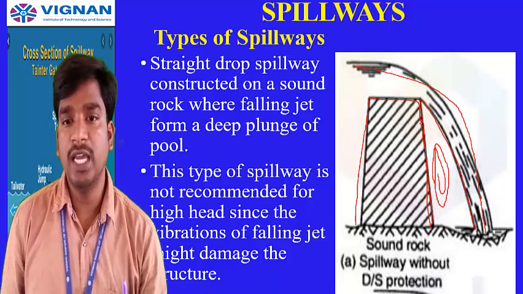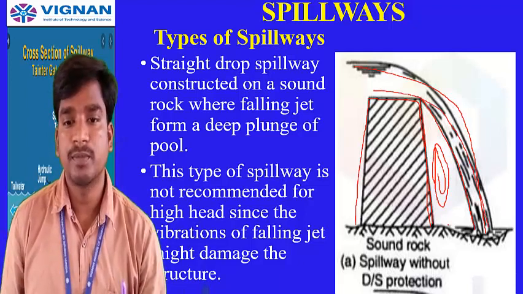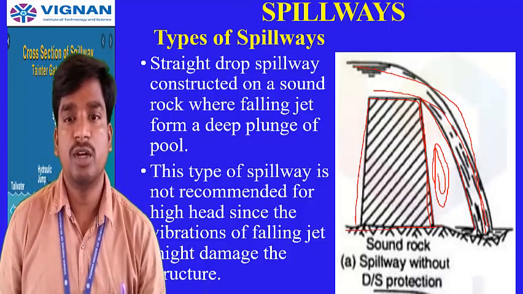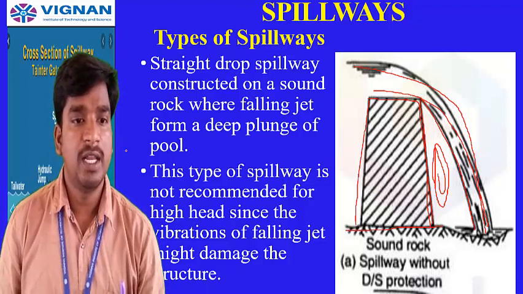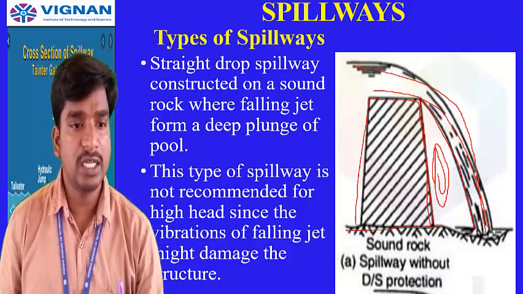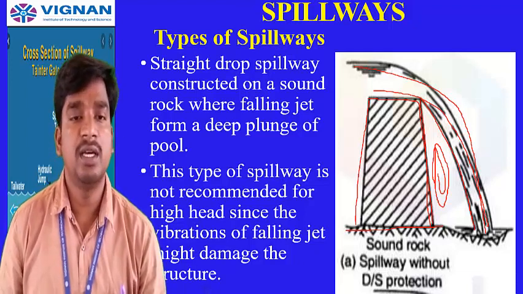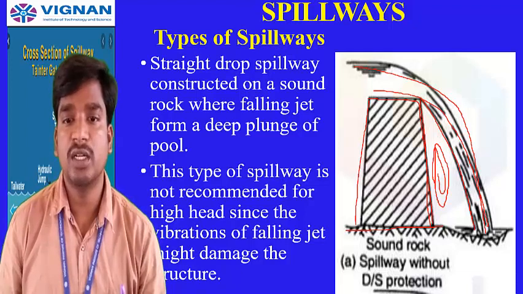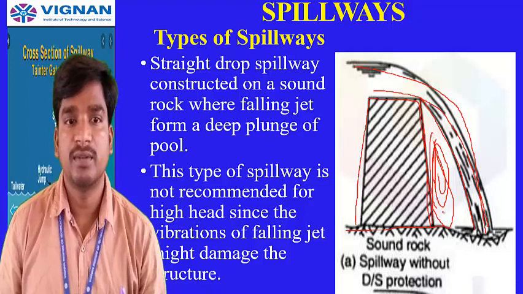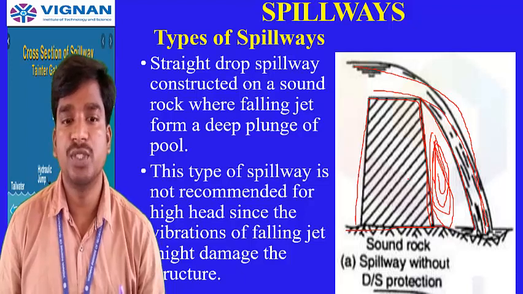The water is falling away from this particular spillway. It is not flowing like in the left side picture, where the water is continuously in contact with the spillway. Here the water is not in contact with the spillway. It is maintaining some distance. Some ventilation is provided in the straight drop spillway to maintain atmospheric pressure.